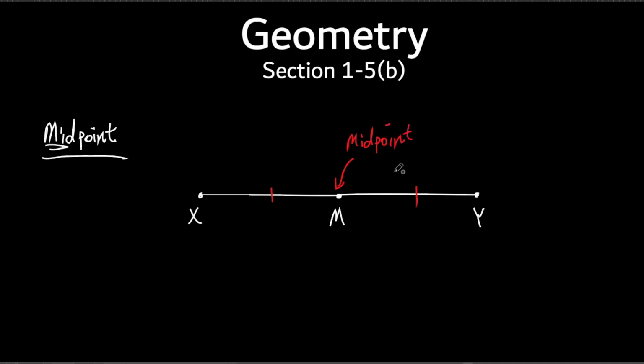All right. Let me show you how we write that these two segments are equal to each other. I would say XM. Again, this is what some teachers would probably flip out on. They probably would not like this at all, but I don't care what they say. So I could just say that XM equals MY. Basically, what that says,